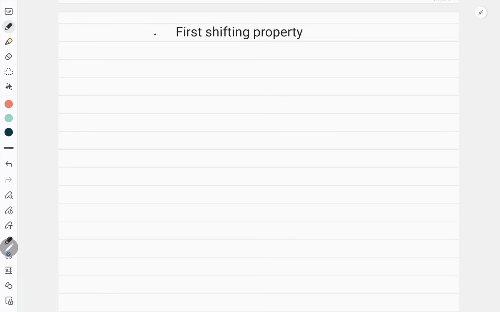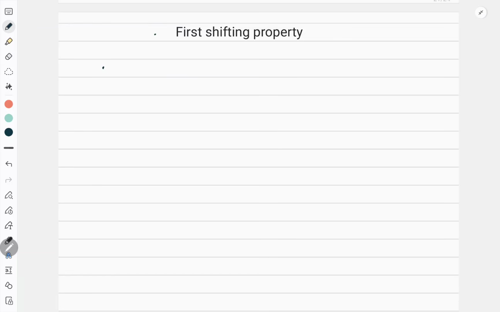Though Laplace transform has a lot of properties, in this video I will be discussing the first shifting property, though I'll list down a few more properties. Now let us see the properties. The very first property of Laplace transform which I am going to tell you is the linear property, which we have already discussed.